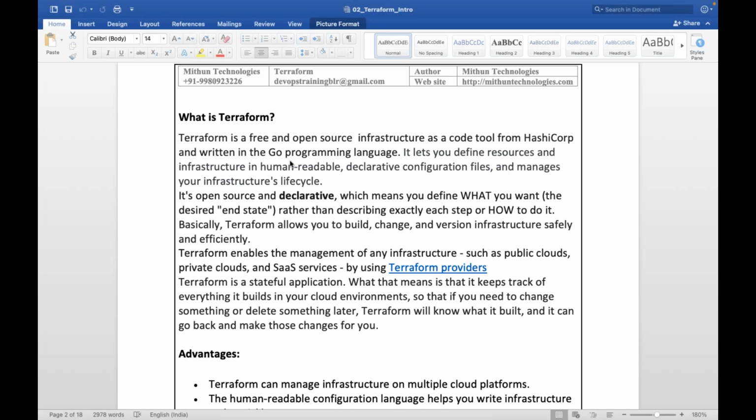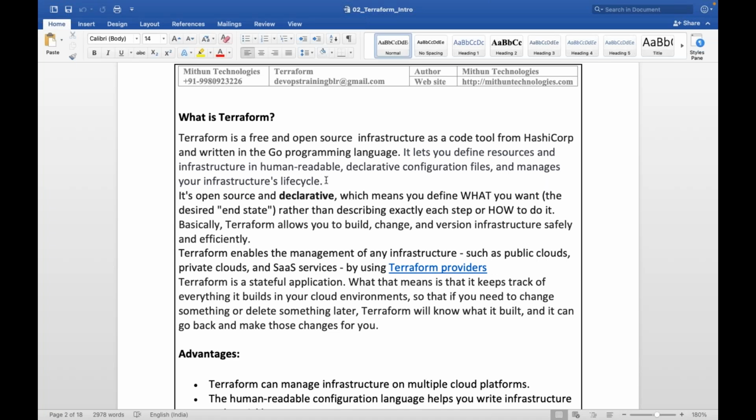And Terraform manages your infrastructure life cycle. Terraform is an open source provisioning software. You can provision resources like compute instances, storage, networks, managed databases, managed Kubernetes clusters, or any resources. You can provision and manage the infrastructure and other resources using Terraform.